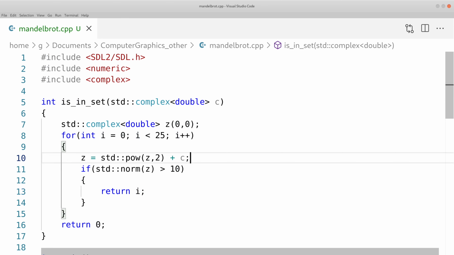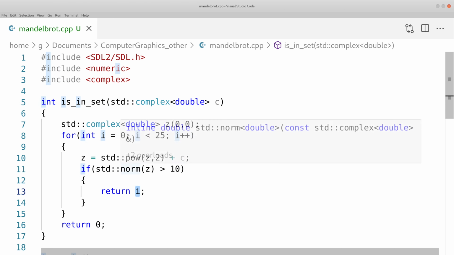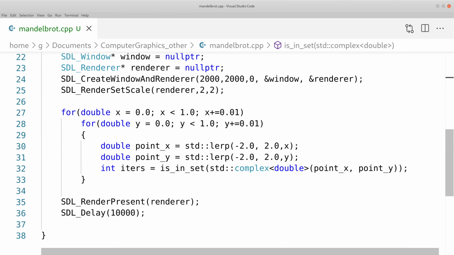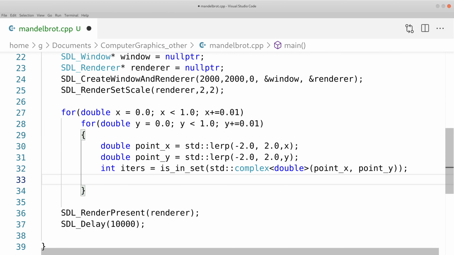And I is going to be a number from 0 to 25, depending on how many iterations it took to realize that this complex number C is not inside the Mandelbrot set. So this function is going to return to us either 0, or it's going to return to us I, and if it returns I, it's going to be something between 0 and 25. I hope that makes sense. Okay, so what I'm going to do is say if iters is equal to 0,